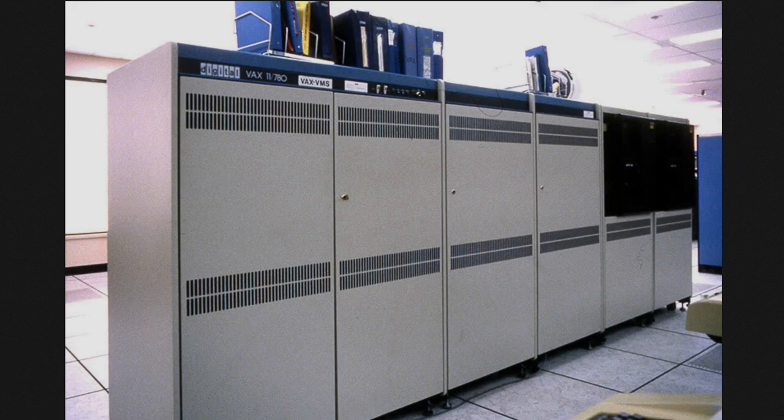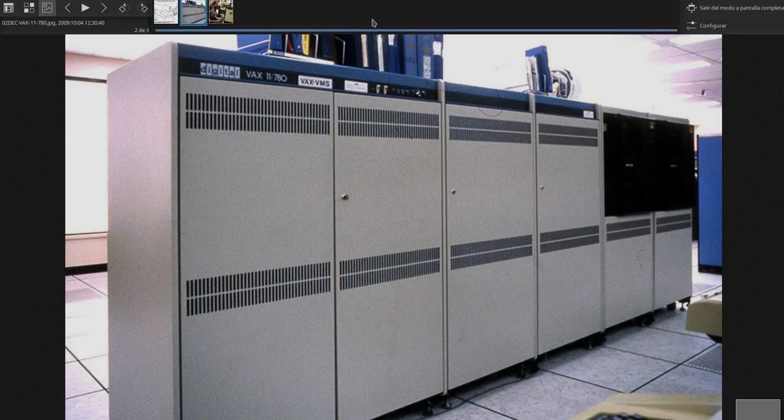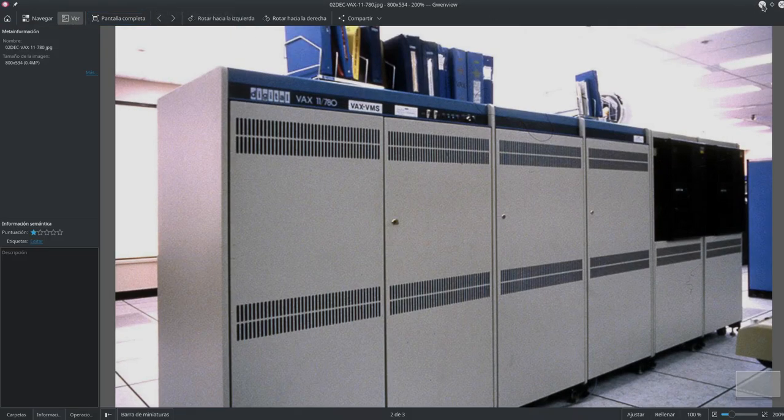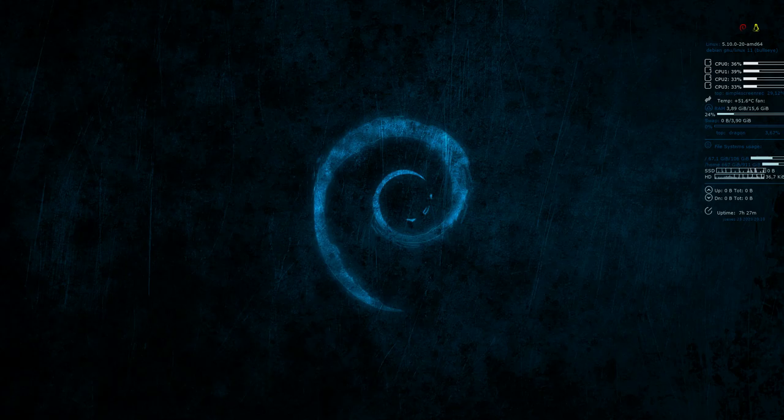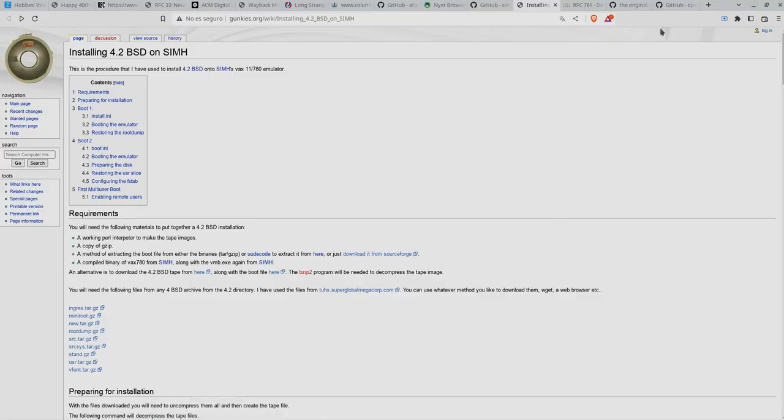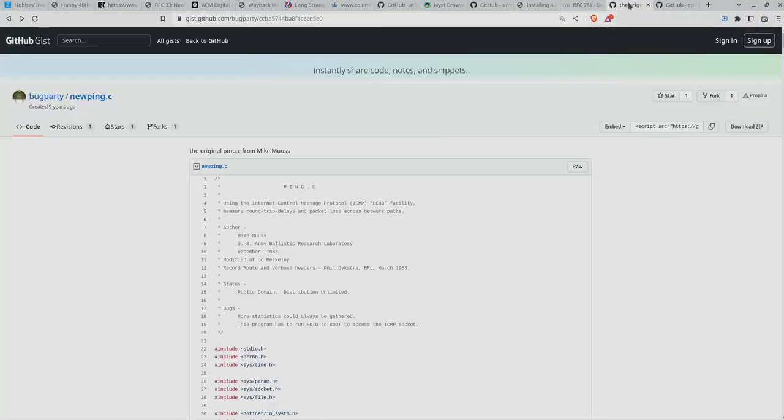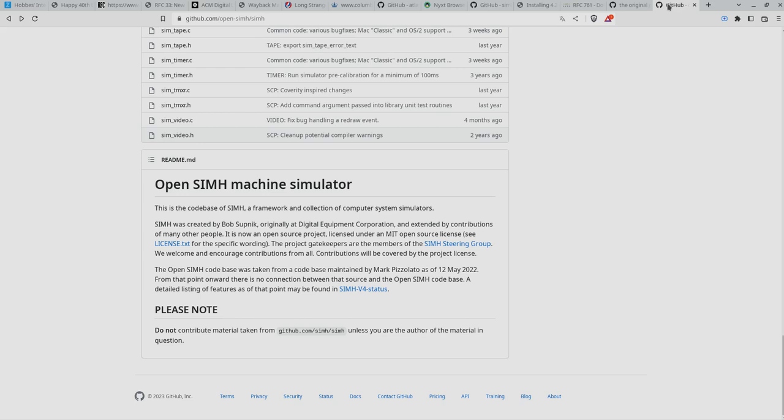So the emulation is done with a piece of software that a guy who used to work for DEC, called Bob Supnik, developed some years ago, and now it's being maintained and enhanced by a community of developers.